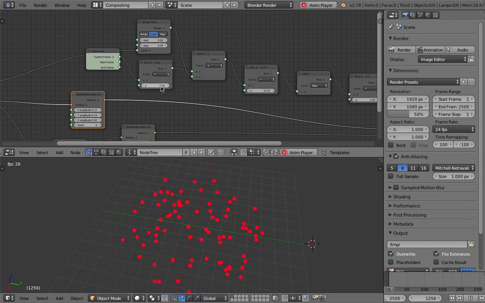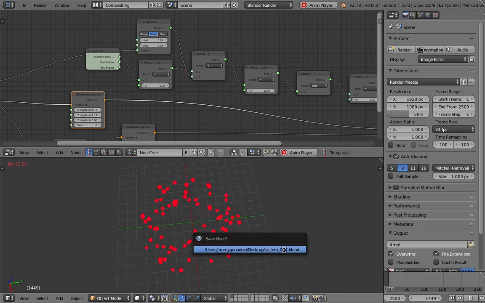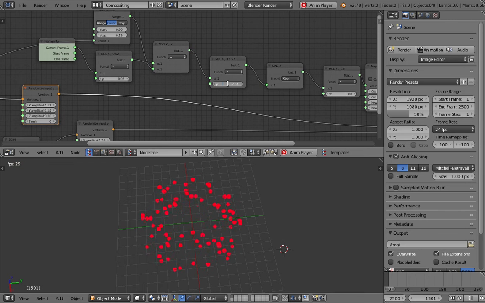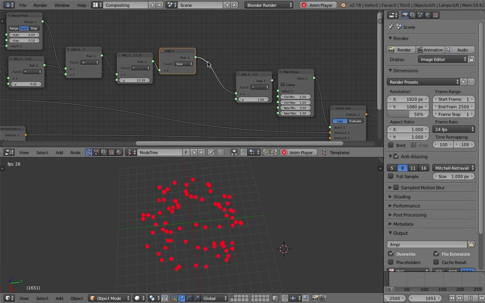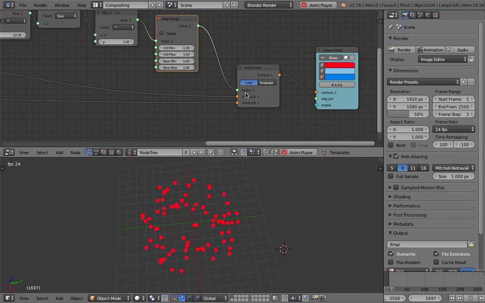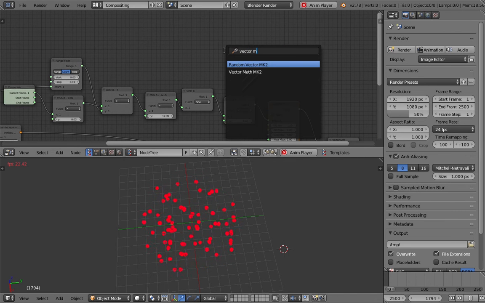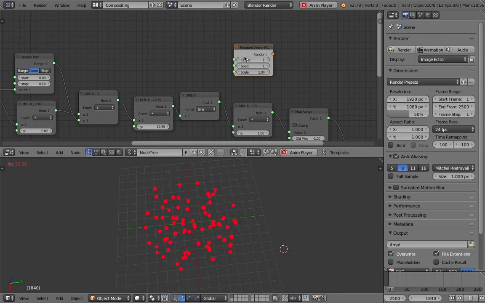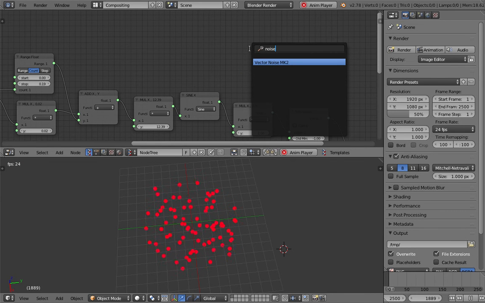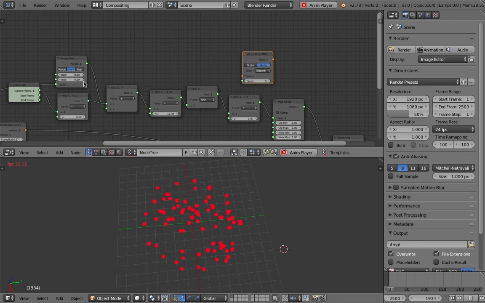Let me try offsetting, less offset. See, that's really interesting motion. And you can actually use the noise in this vector as well. So let's try vector noise MK2, just supply the